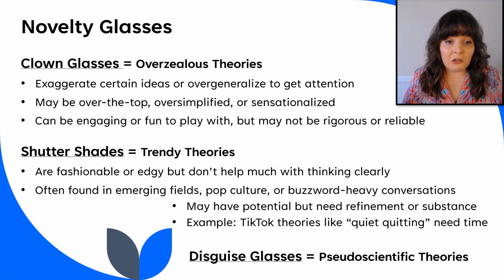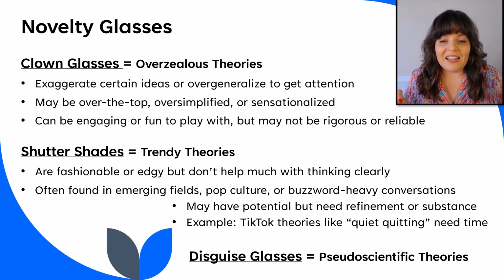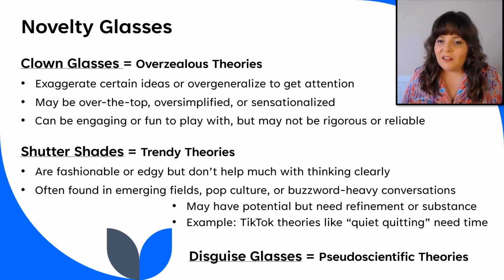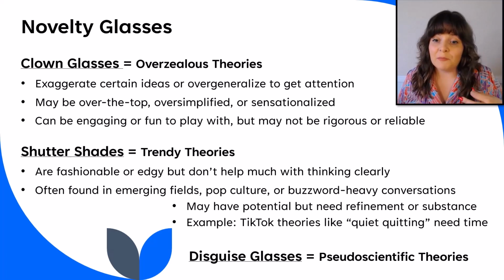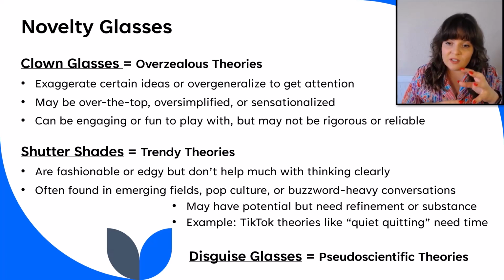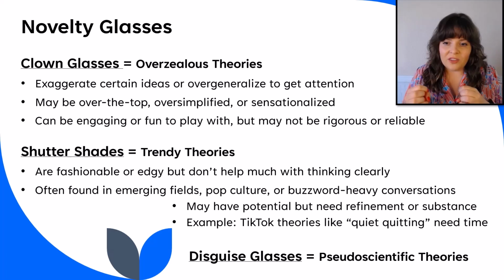A shutter shade could be cool, but it probably needs some refinement and some specifying. An example of this is the TikTok theory that emerged, quiet quitting. People were kind of just throwing this theory around at first, but over time the thinking was improving, and now we're trying to get at what these concepts are and what the relationship between these different experiences that we have